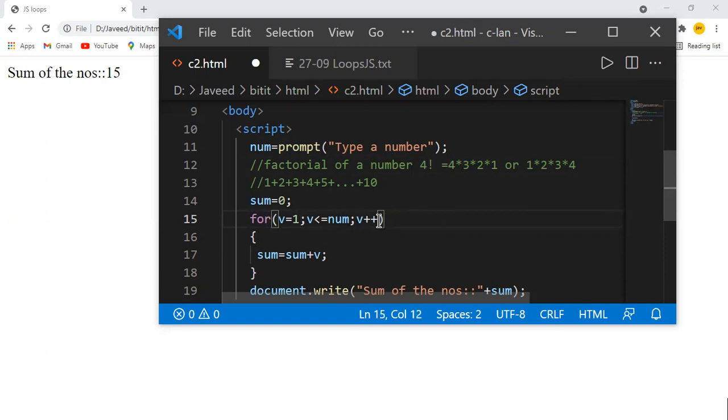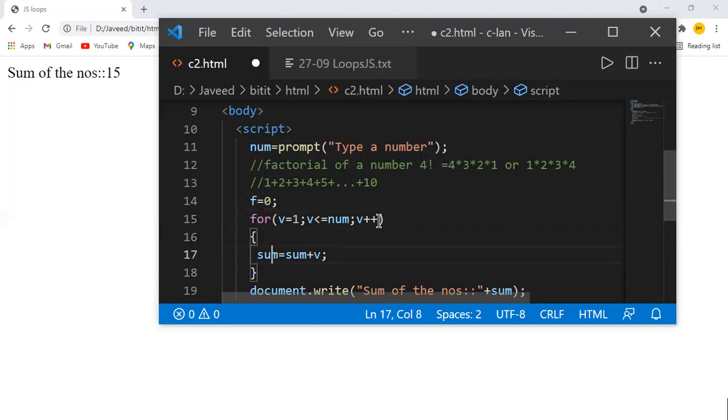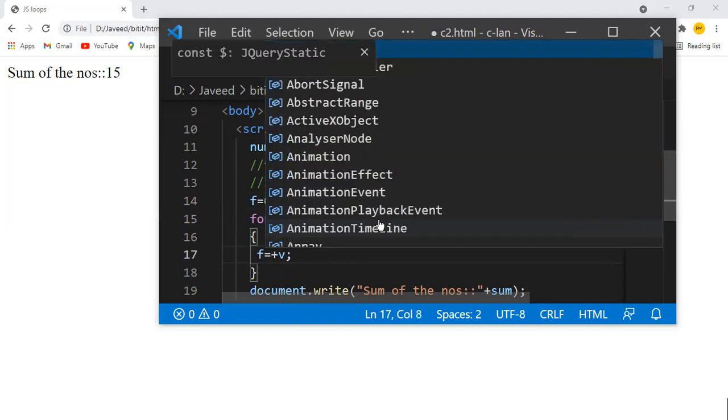Now I want to multiply all the numbers from 4 down to 1, or 1 to 4. So I'm writing for v is equal to 1, v less than or equal to num, and then okay, sum is equal to sum plus n, I'm writing. Now if you feel that you are getting confusion with this variable, you can change the variable name. So I'll use a variable called f. I'll write f is equal to f plus v.